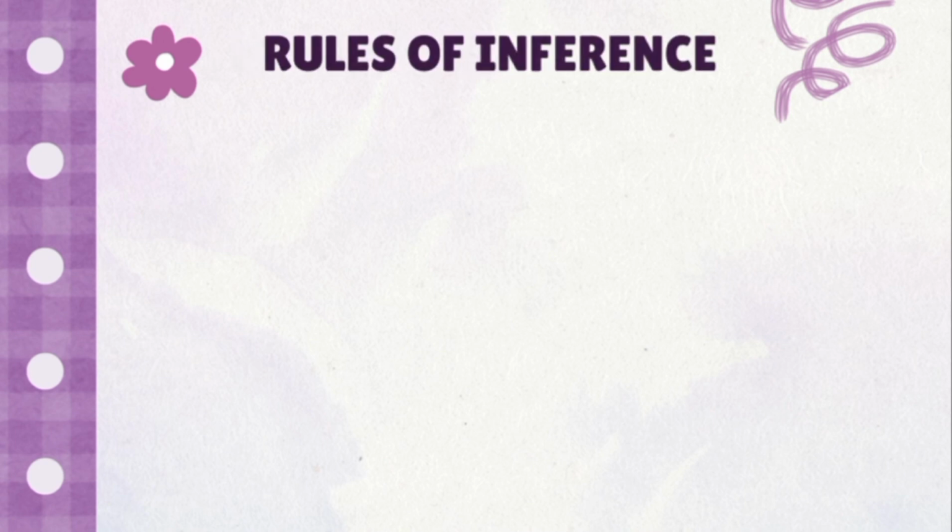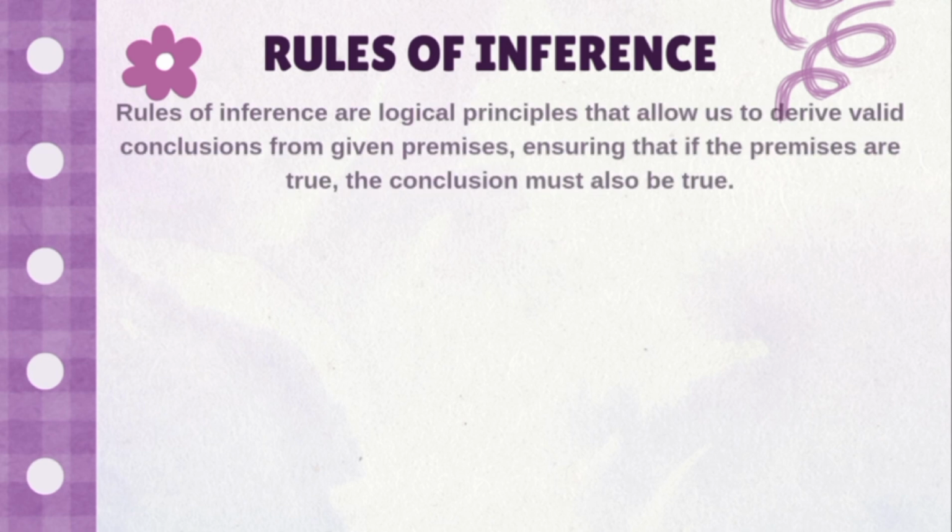Just like what I have said earlier, we will be talking about rules of inference. But first, let us know what the rules of inference mean. They are logical principles that allow us to derive valid conclusions from given premises, ensuring that if the premises are true, the conclusion must also be true. Rules of inference may sound technical, but they're simply the step-by-step ways on how we use logic to reach valid